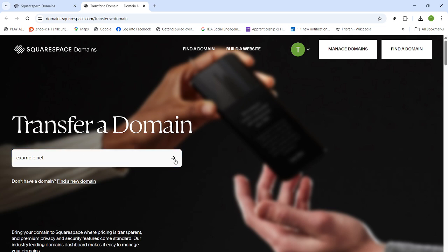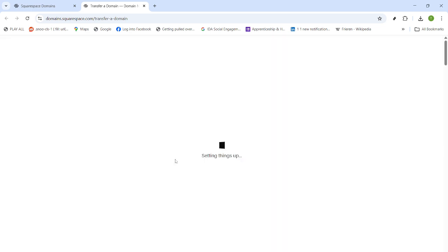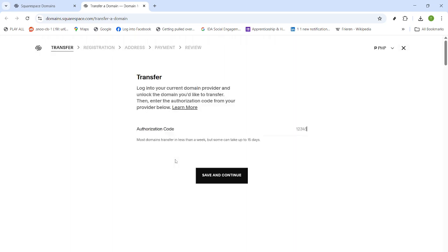Before you go further, a quick heads up to save time. Most registrars require that your domain be at least 60 days old and unlocked, and that you have access to your authorization code, sometimes called the EPP code. If privacy protection is enabled at your current registrar, you may need to turn it off temporarily so you can receive transfer emails. Also, make sure the registrant or admin contact email on the domain is current, because approvals can